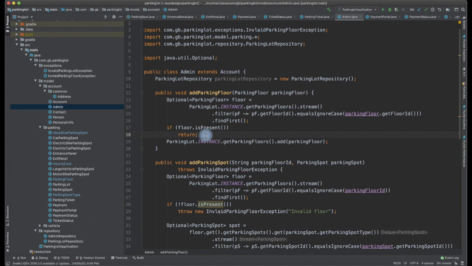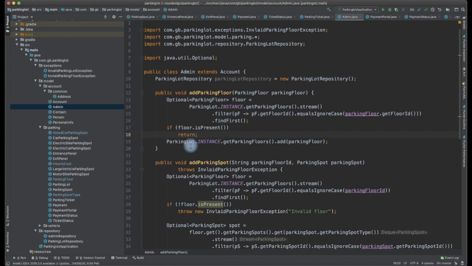Whether the final state is determined, we should not be adding the same thing twice, right? And the properties don't change at the time of addition. That is why addition is an idempotent operation. Get is also idempotent, because we are getting a view of it, and unless somebody modifies it, even if I issue the same query against an object which has a fixed state, we should be able to get the same result. So we should be able to perform that in an idempotent manner. Additions are mostly idempotent.